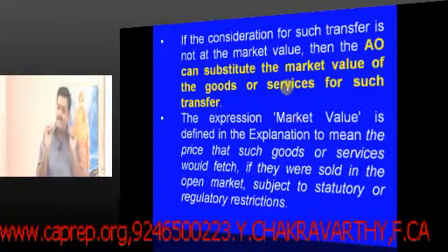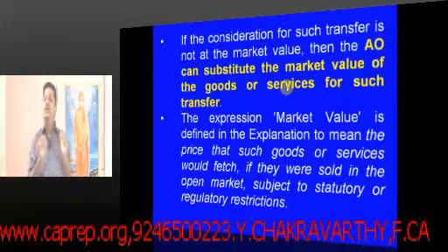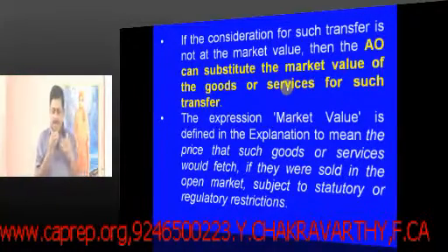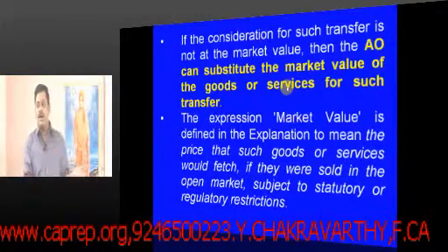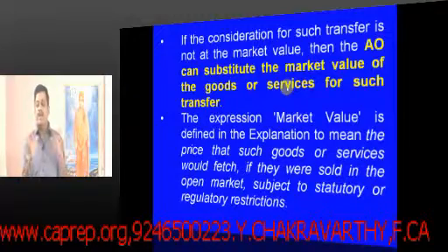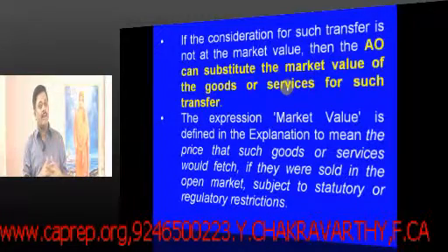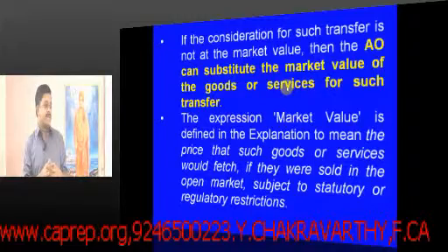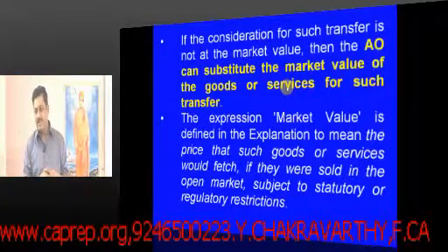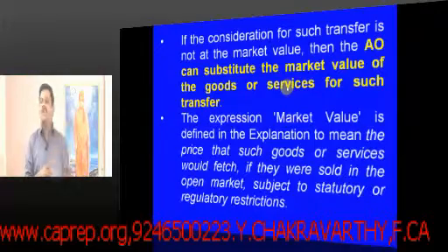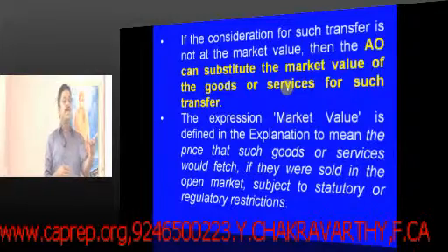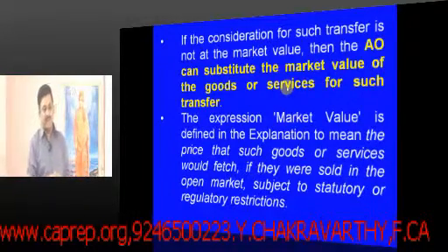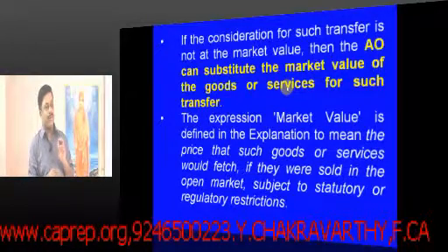Normally, arm's length price or fair market price, how do you look at it? It is a price at which a transaction happens between two non-related people and without any influence. That is what we call an arm's length price. Or fair price means what? It is the price at which you are going to transact with an unrelated party. That is what we call a fair market value.